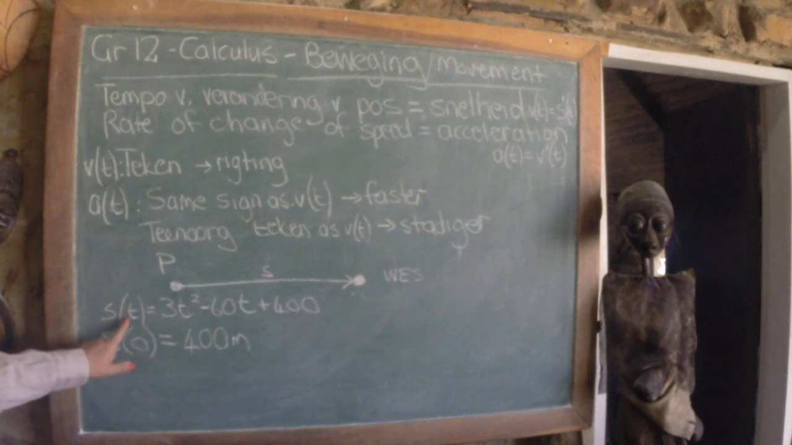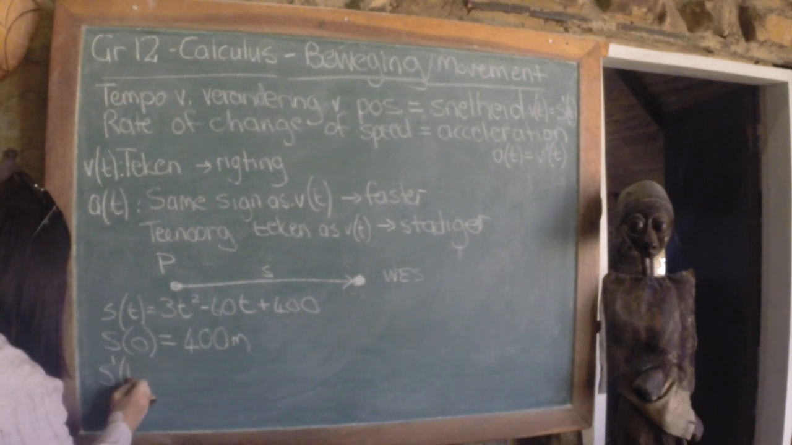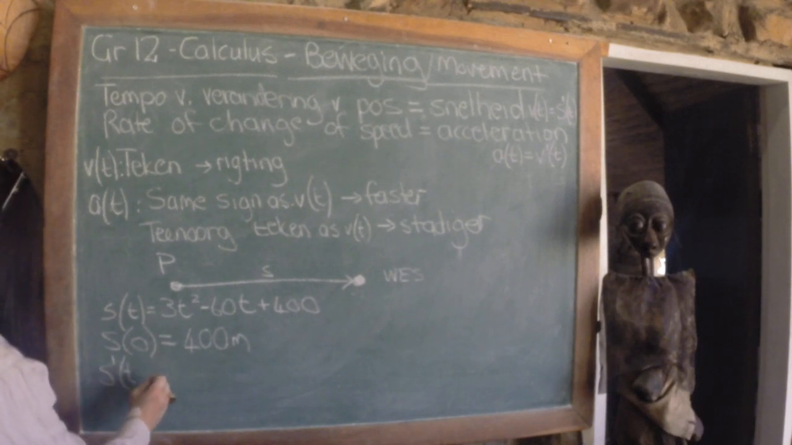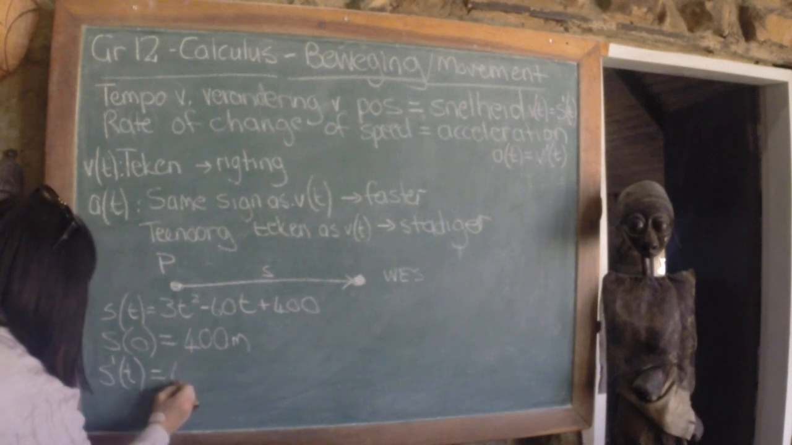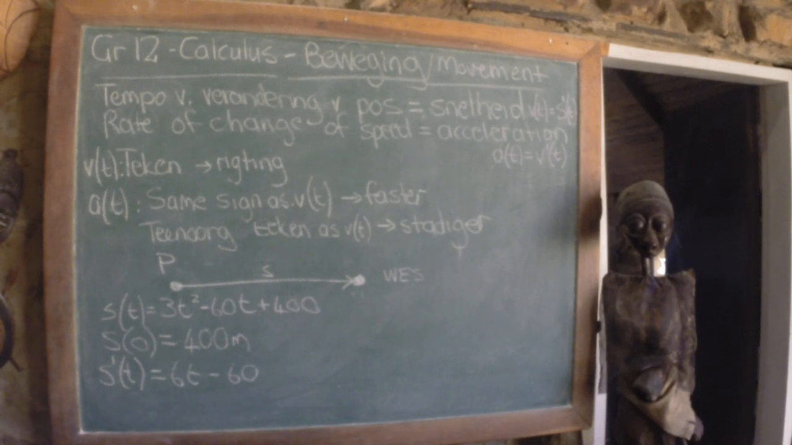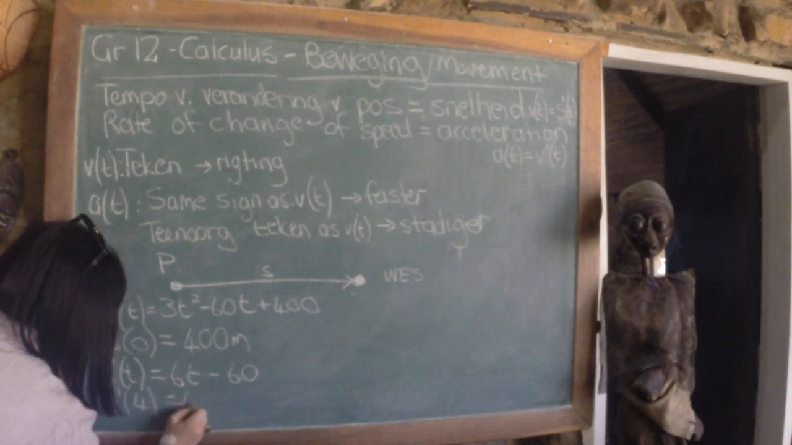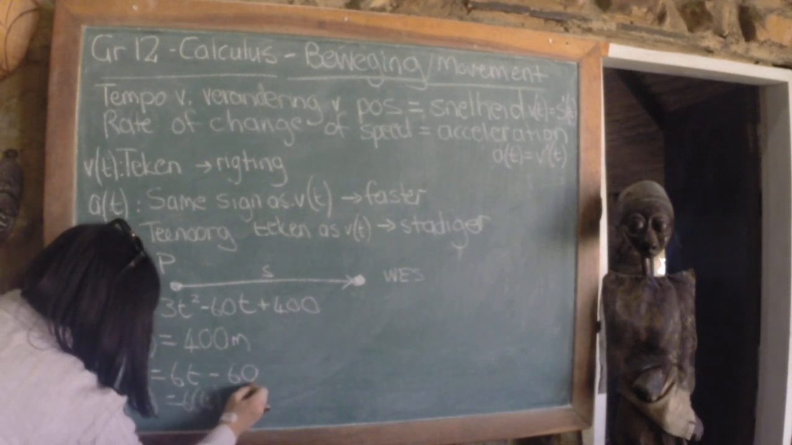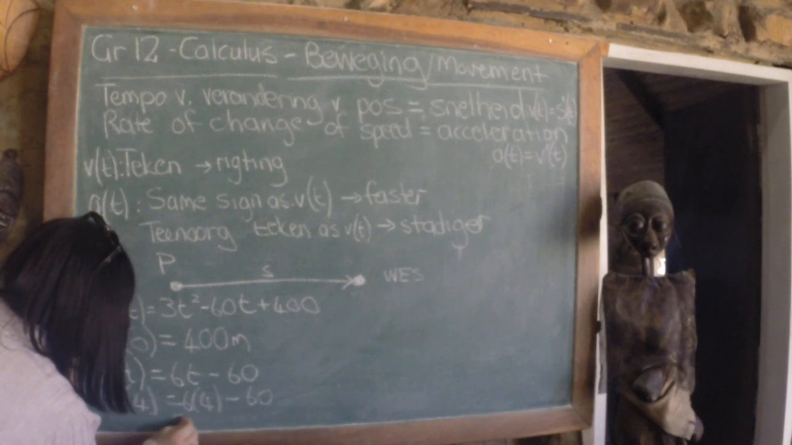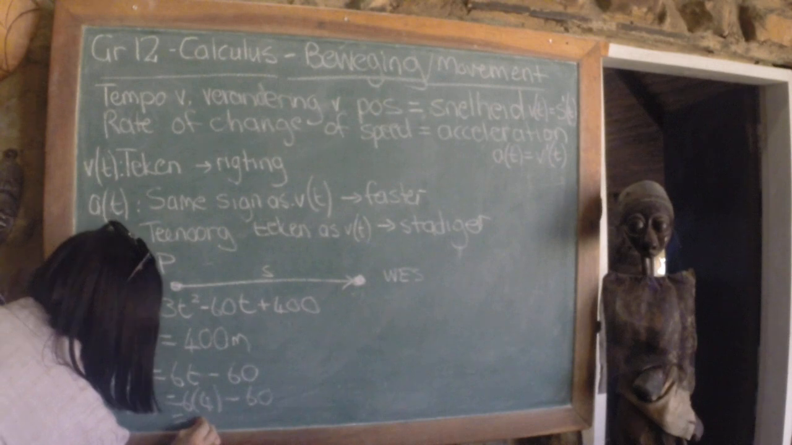So I need the speed, so I'm going to derive my position, and that's going to give me 6t minus 60, and then I'm going to replace my seconds, and that's according to the question 4 seconds into the place of t. So dan het ek 6 maal 4 minus 60, en dit gee vir my 24 minus 60, en dit is minus 36